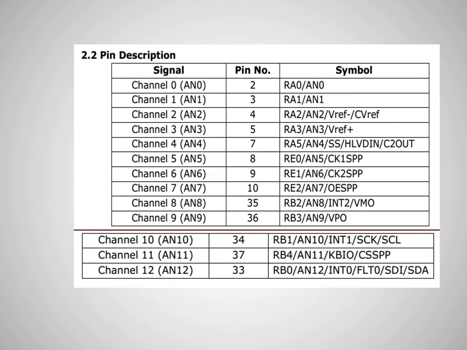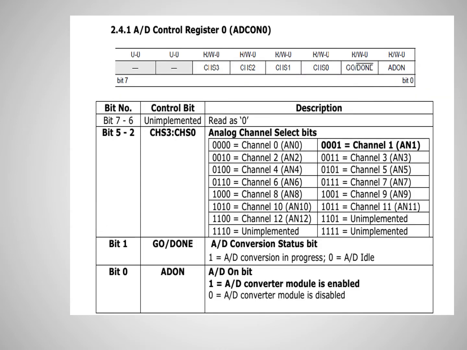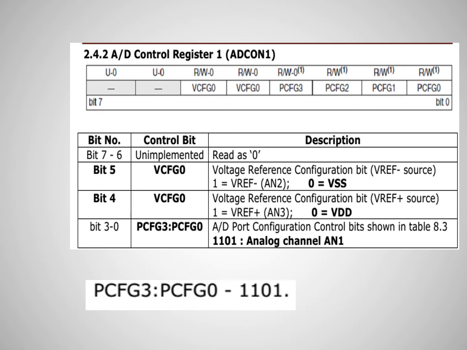Now there are a total of 12 channels in PIC 18F4550. This is its configuration, and here we are going to use ADCON. There are 3 ADCON registers for PIC 18F4550. It changes according to the controller, like 458 has only 2 registers, that is ADCON 0 and ADCON 1. This is ADCON 0, from where you can select the channels and you have to make it on and off. This is your ADCON 1, where the different voltages can be selected,